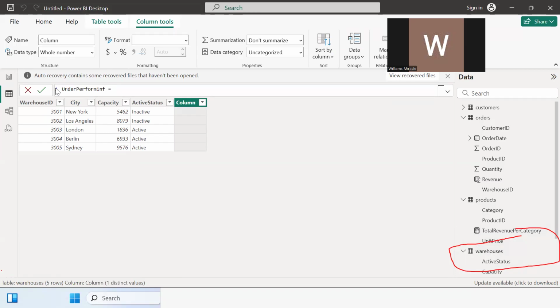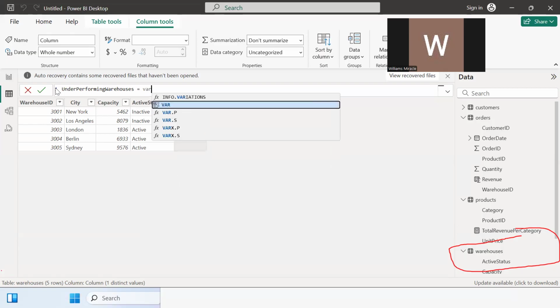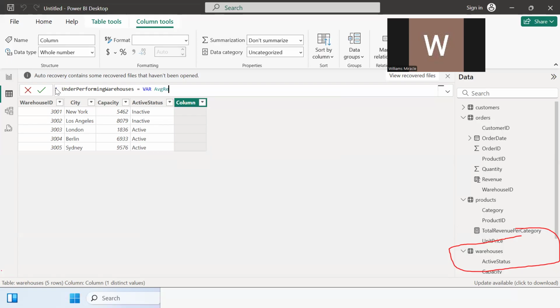So we'll say underperforming warehouses equals. There's a function we use called VAR. I'll tell us why later. So VAR average revenue equals,